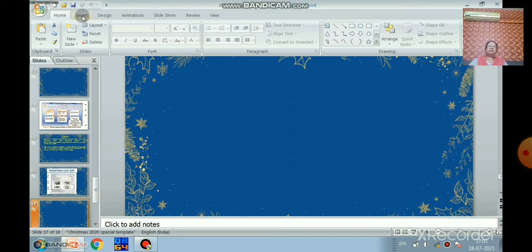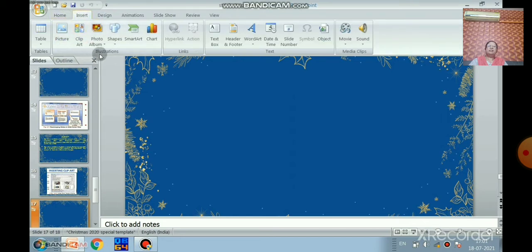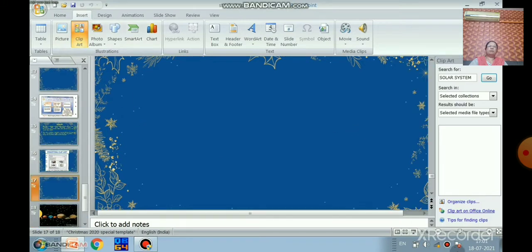Select the slide, and in the Insert tab, the clip art button is there in the Illustration group. Insert tab, Illustration group, and clip art is the command. You can see on the right side I have written solar system. I want a solar system image or picture, and you can find it in your computer.